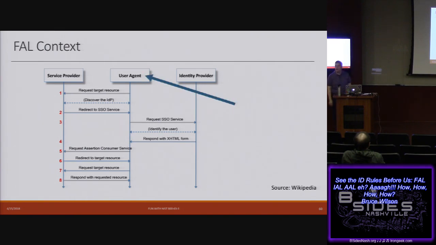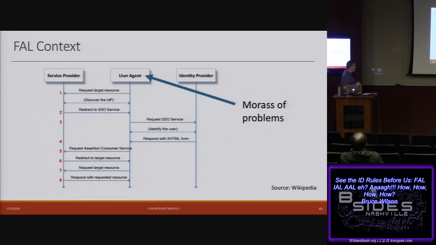But what is this user agent? It's a browser, otherwise known as a morass of vulnerabilities and problems. So federation assurance level is all talking about how much can I trust that what the browser has relayed is in fact what's happened. A simple bearer token is exactly that. It's a bearer token. If an adversary is able to actually get into my browser and grab hold of that bearer token and steal it, that's credential theft. It's the equivalent of the Firesheep sort of approach, except that all of this happens over TLS.